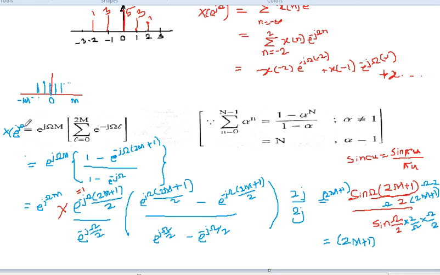So the value of x of e raised to j omega is equal to 2m plus 1 for omega equal to 0,